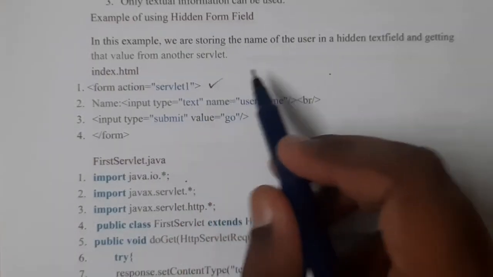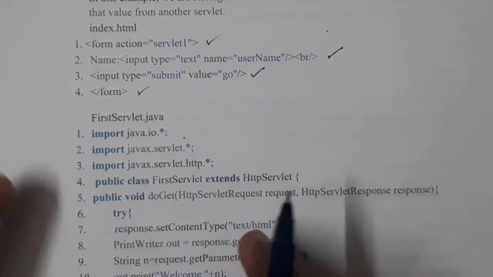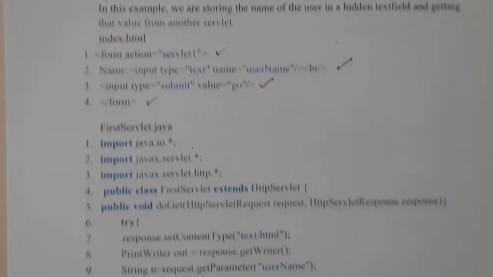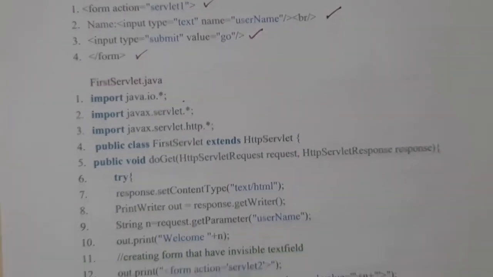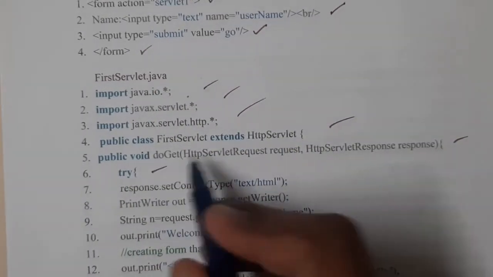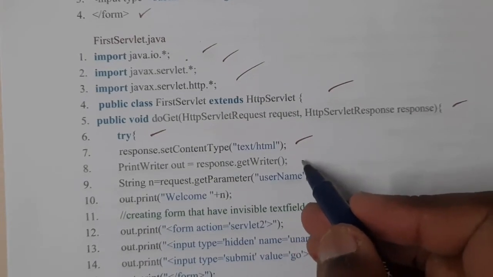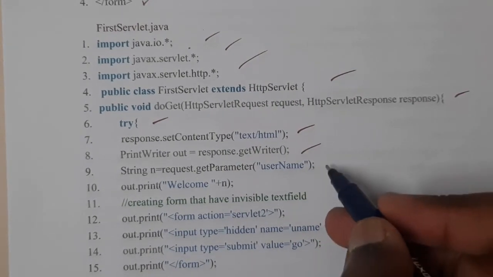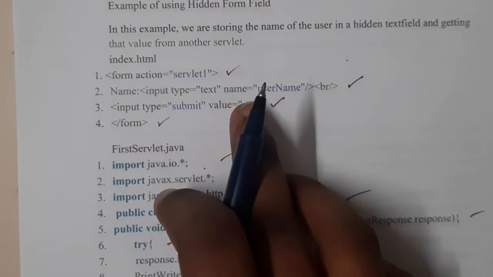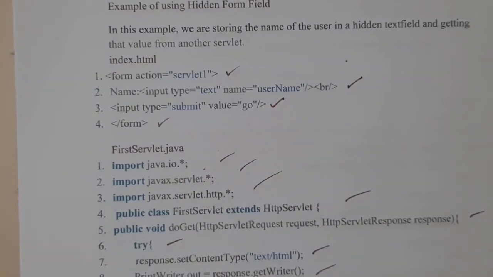So initially we created a servlet, it is taking username as an input and we closed the form. This you write inside the HTML, don't write it in that way. When you are writing in your examination, it will be better to write it in the HTML. Similarly, we wrote the Java servlet. These are the common statements, right? After that you wrote the text content as text/html. You created a writer class. After that you created the username and you are collecting the username from here.